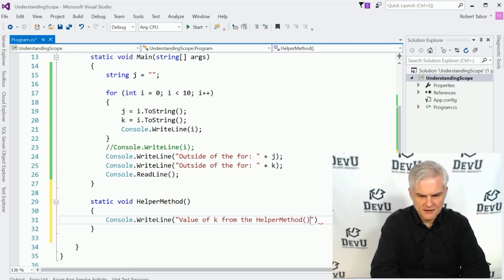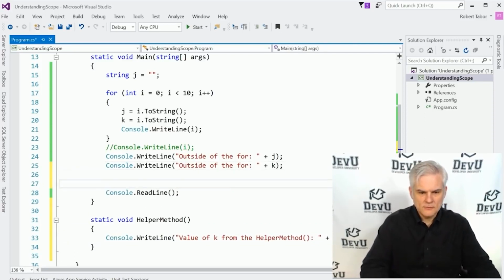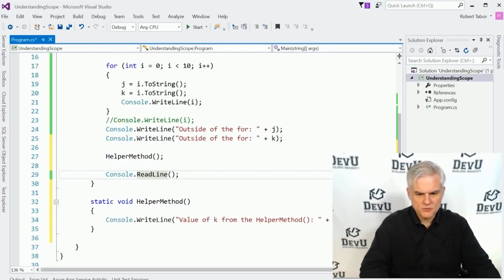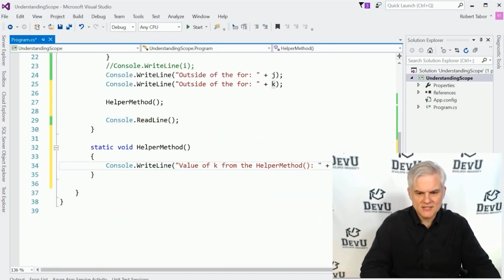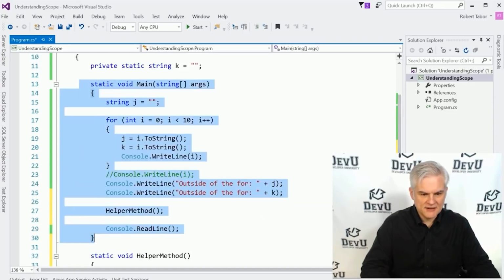Now here we'll call the helper method like so. Will this work? Will we be able to access the value of k as it was set inside of our for loop outside of our static void Main? Let's run the application, and you can see that we can in fact get the value of k from the helper